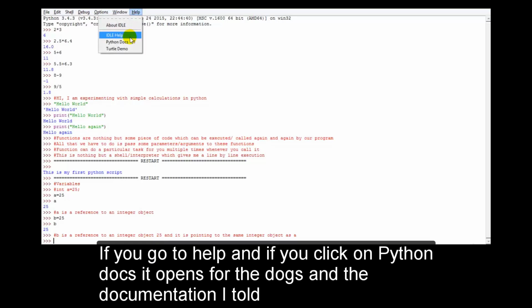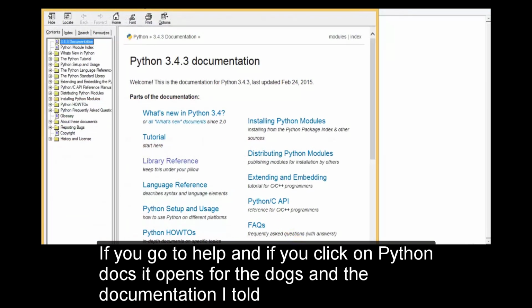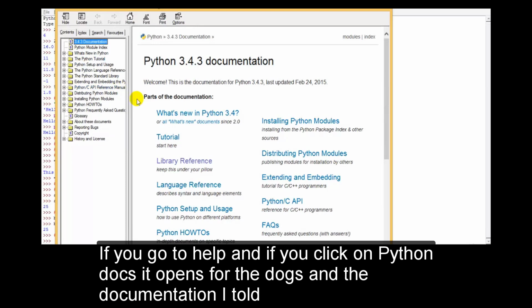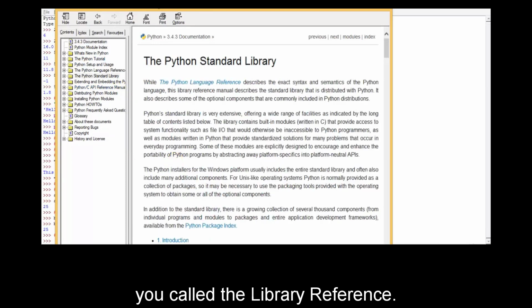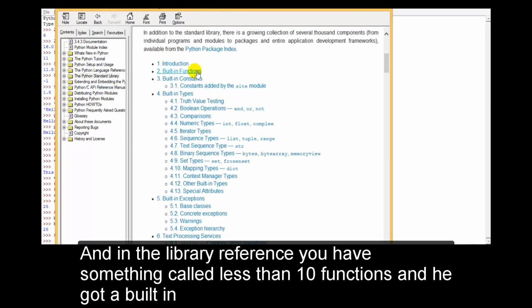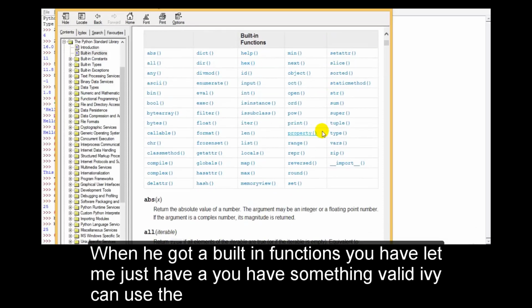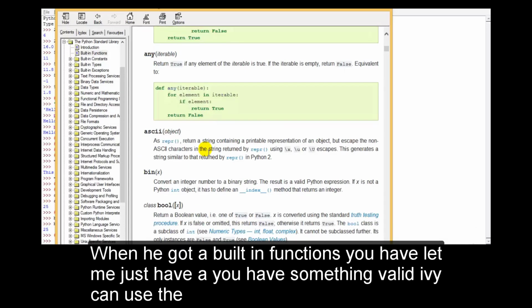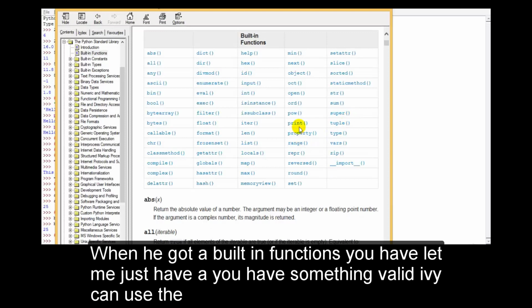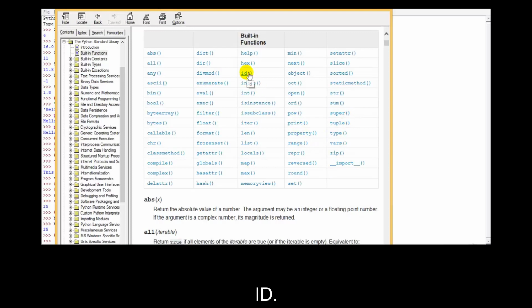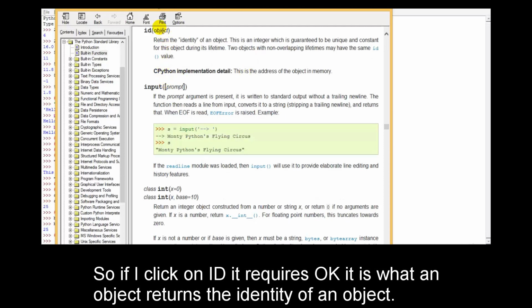If you go to Help and click on Python docs, it opens the docs. In the documentation, I told you to go to the library reference, and in the library reference you have something called the built-in functions. When you go to built-in functions, you have something called id. Can you see id? If I click on id, it says: pass an object, and it returns the